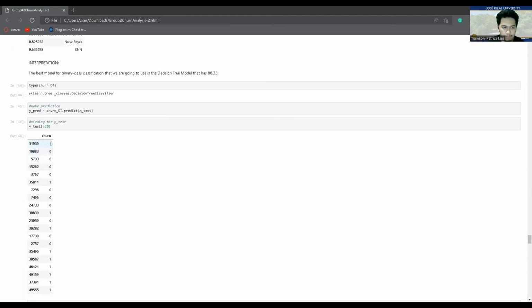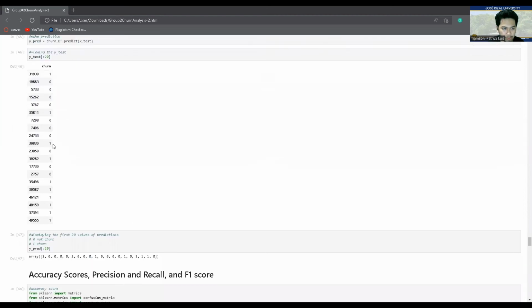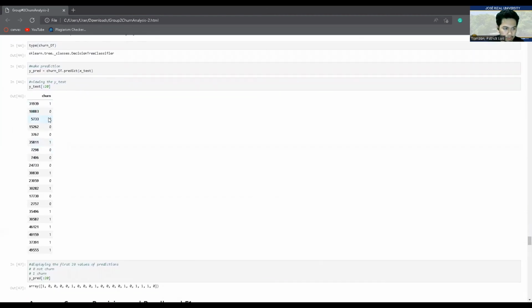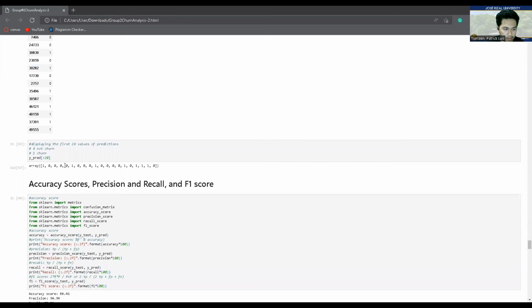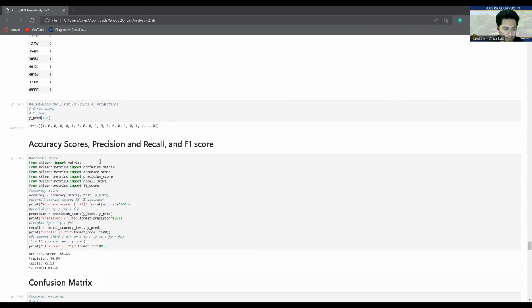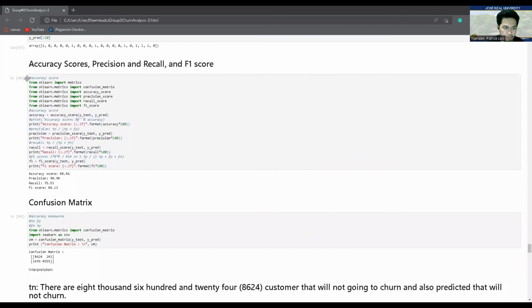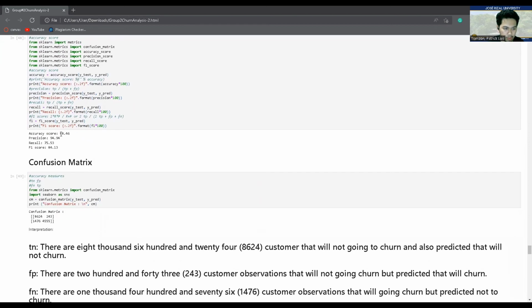So now let's make a prediction. So here's the test. You can see in the end, here are the predictions, and we need to get the accuracy score, precision, recall, and F1 score from the data. Then it shows here the 88.46, like we use on the decision tree, precision 94, and recall 75.